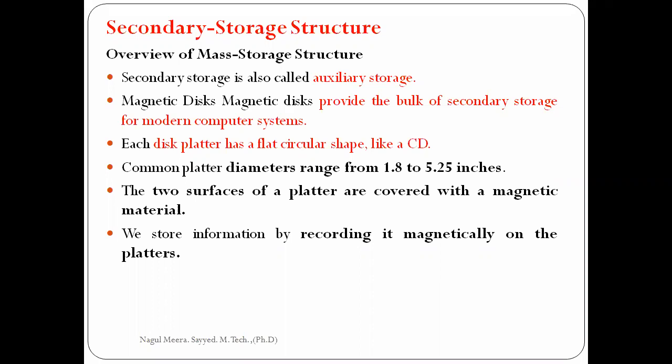Magnetic disks provide bulk storage in every modern computer. If you take any modern computer, there is a hard disk, nothing but a magnetic disk. It consists of a huge amount of bulk storage of data. Our hard disk looks like a geometry box. For example, ninth or tenth class students have a geometry box. Our hard disk looks something like that.